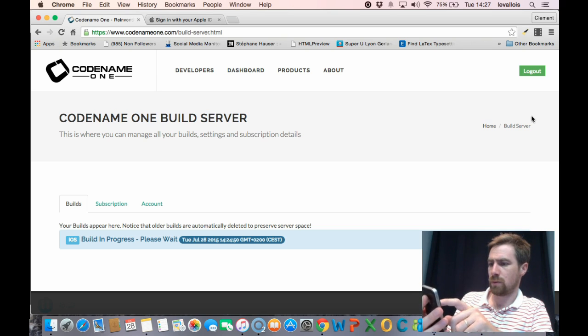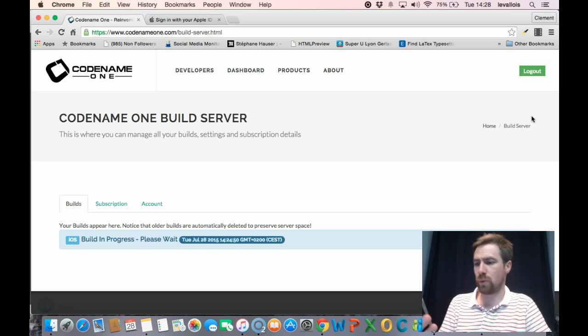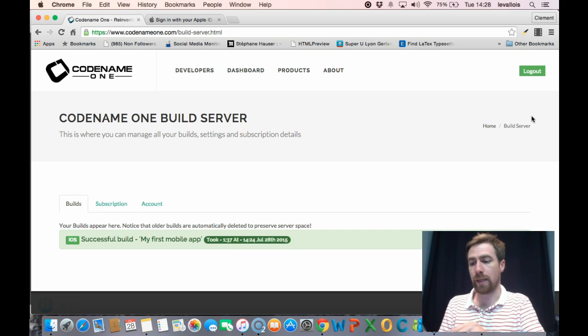So is the Wi-Fi enabled? Yes, it seems so. Yeah, so I was just making sure the Wi-Fi is enabled on my phone because we will need it in a second with the QR code